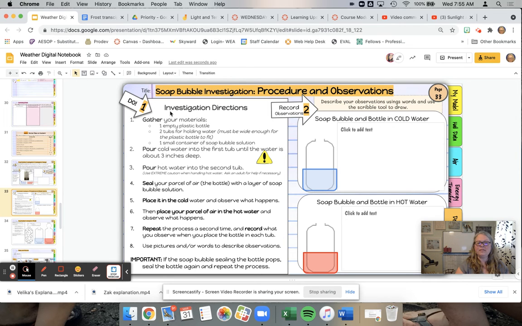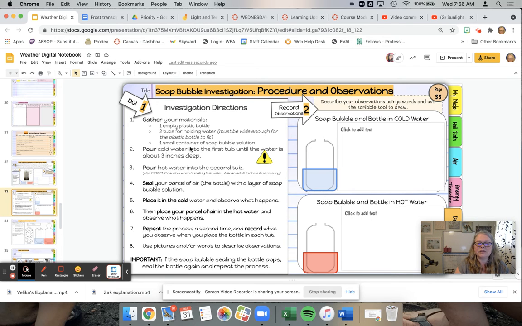Now, these are the things I want you to gather. Okay, your owl's beautiful. These are the things I want you to gather. And if for some reason you can't do this investigation, it's okay. I have made a video of myself doing it. But it is really fun, and you can be flexible with the materials. They don't have to be exactly the same thing. So just try your best.